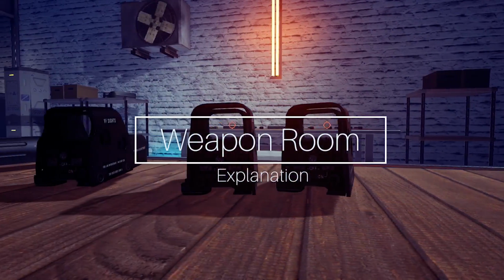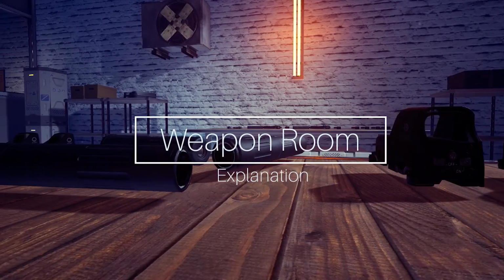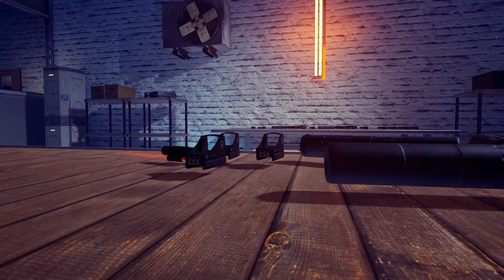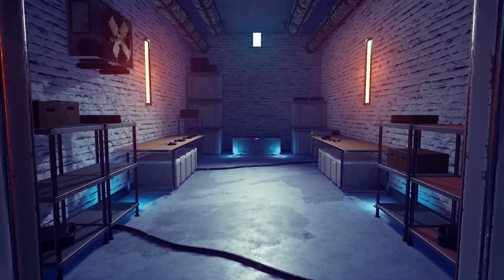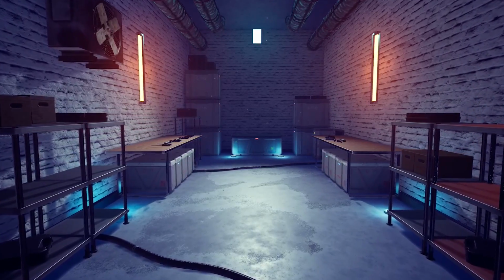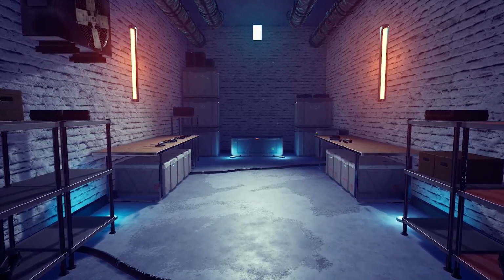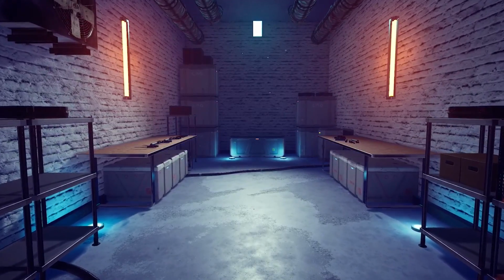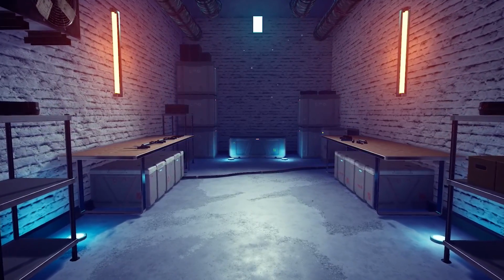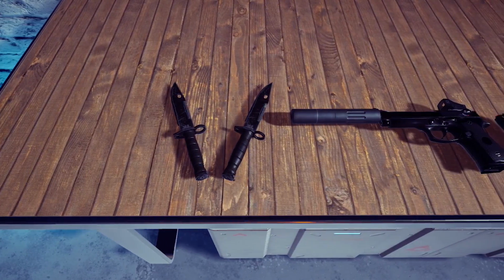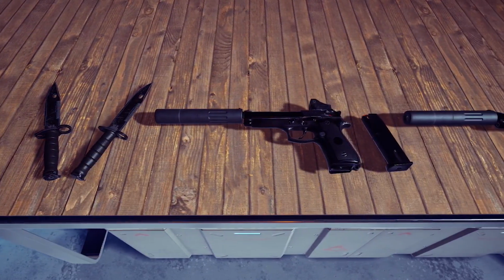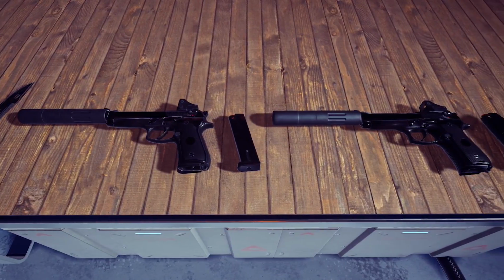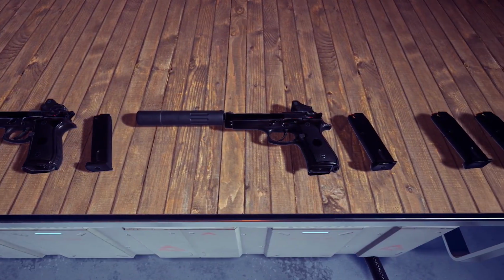The second room is the weapons room. This is a location in the game where you will be able to change your weapons, attachments, and gadgets. Basically, you'll be equipping yourself for your mission, as I'm working on a weapon holster system. This means that the weapons you have equipped on your body will be what you take into the mission. The weapon holster system is kind of like a VR version of an inventory.